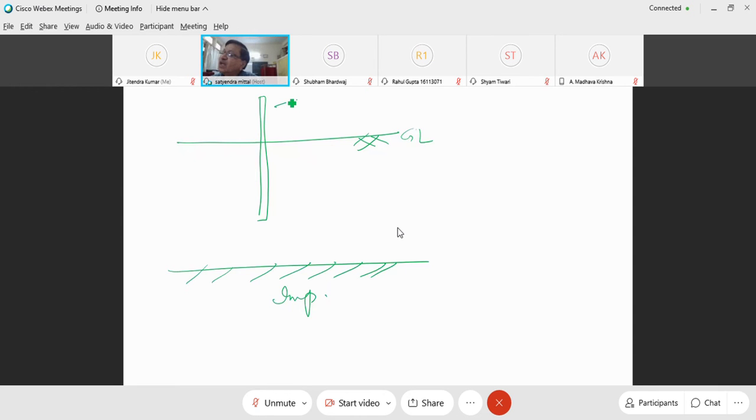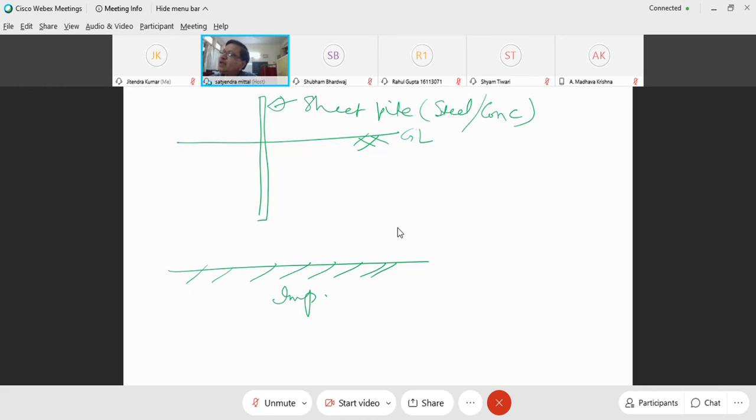Sheet pile. What is sheet pile? I have already told you. Sheet pile can be steel. It is same as cutoff wall. Cutoff wall is generally in the ground, but sheet pile can be above the ground also. So its name is different. So sheet pile can be steel or concrete. So sheet pile is a sort of just like a dam. Like ArcelorMittal company, you must have heard of Lakshmi Mittal, ArcelorMittal. They are the leaders in fabrication of sheet piles.